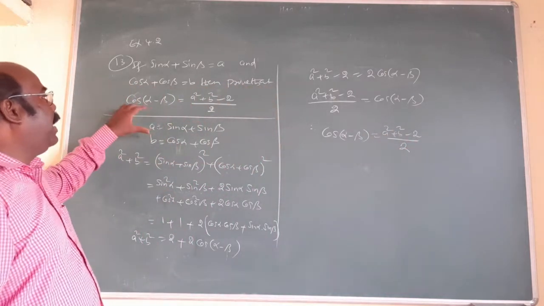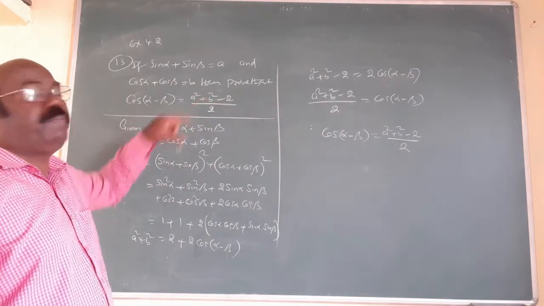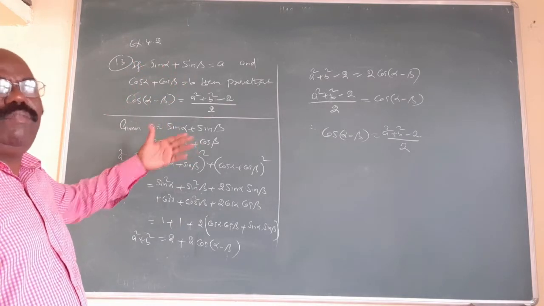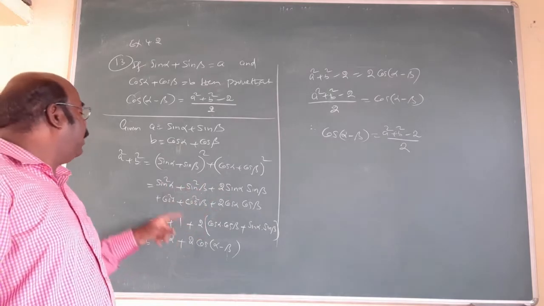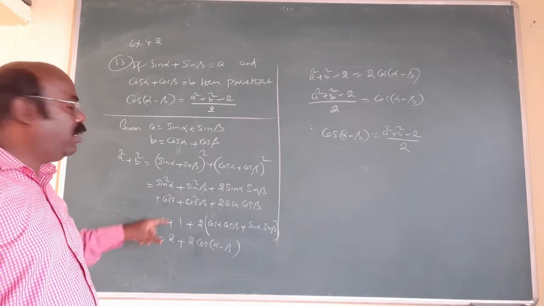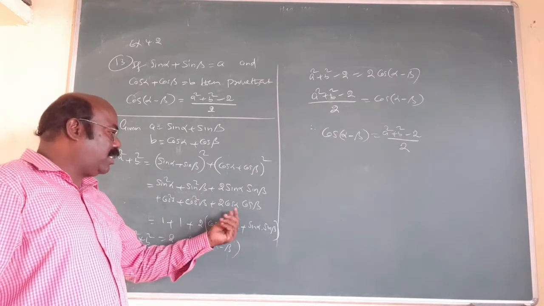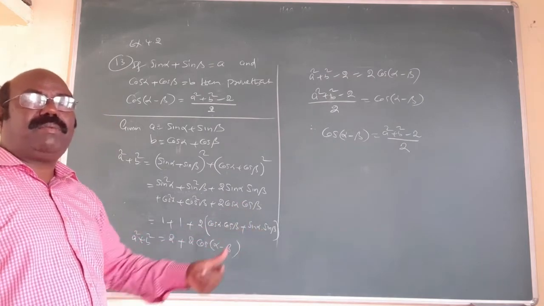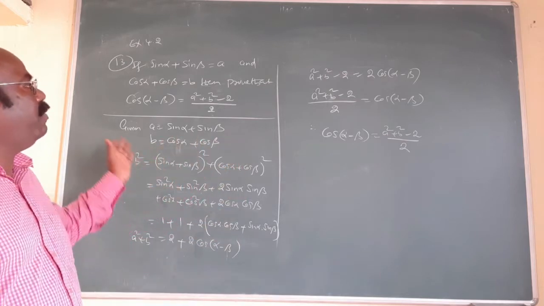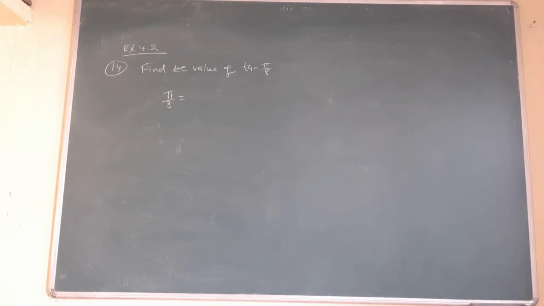In this particular problem, LHS and RHS come directly. What is the reason? In the question, what are A square and B square? A is already given. That's why squaring and adding, we get the terms. Coming to the squared terms, we get 1 because of the identity: cos square alpha plus sin square alpha is 1, cos square beta plus sin square beta is 1. 2 is common. Now it is of the form cos A cos B plus sin A sin B. What is the formula? Cos of A minus B. Here, cos of alpha minus beta. Then we get the answer, LHS equals RHS. That's all.